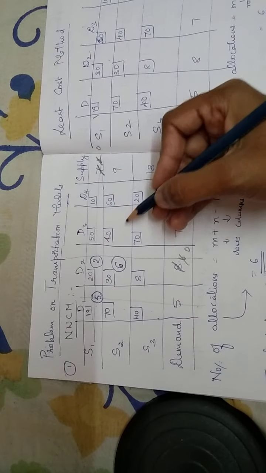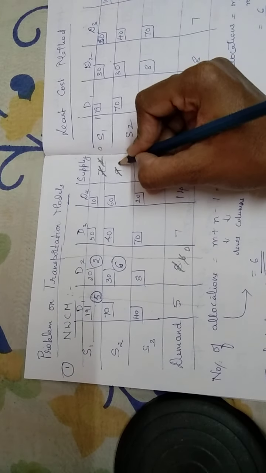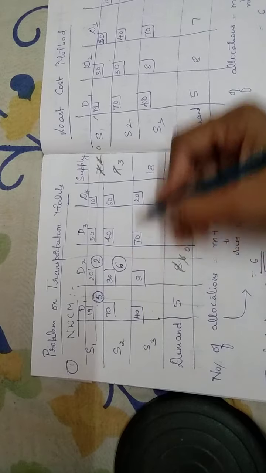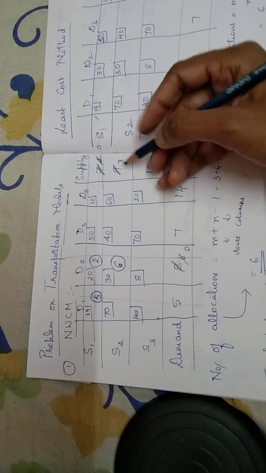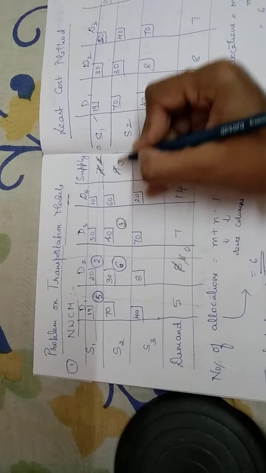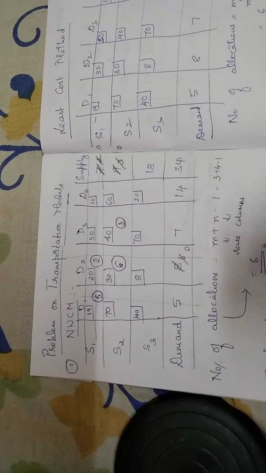Now let's shift to the next one. I am left with 3 here, since 6 is already made. So you compare these two. 3 is the allocation that I can make here. So I am left with 0. So I am done with this, and I can just strike it off.